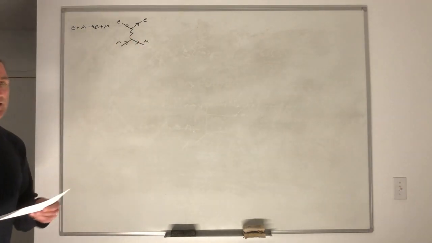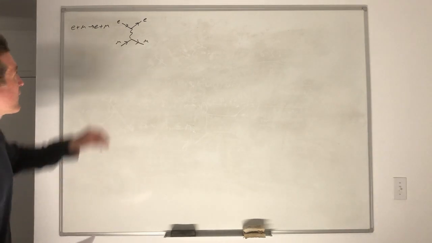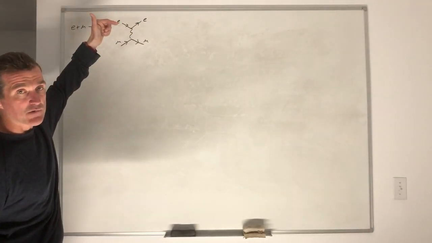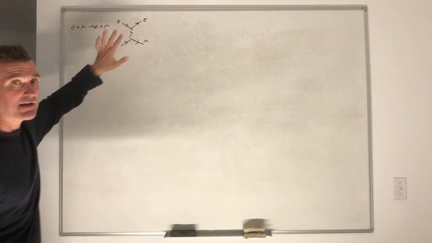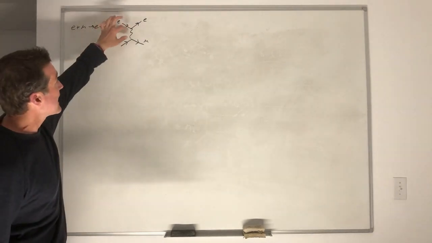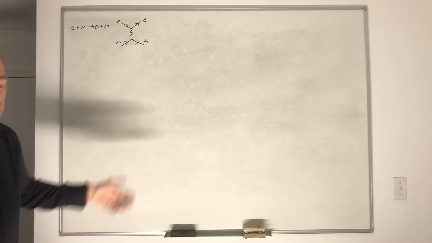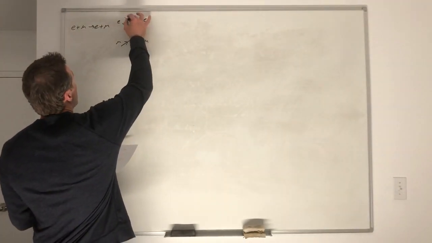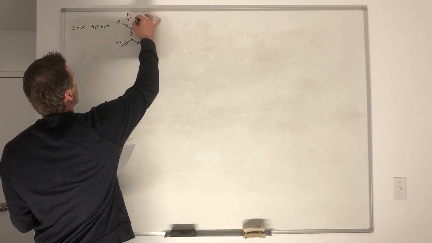I'm using an electron and a muon, and that way I can't interchange the outgoing or the incoming electron and muons. So this is the only diagram that contributes at leading order. At higher orders, there are plenty of diagrams. So if I go ahead and label my momenta,